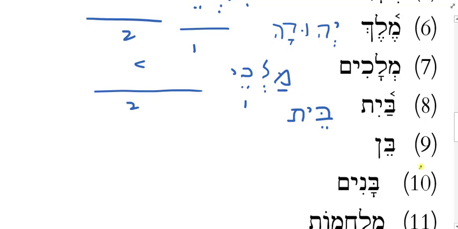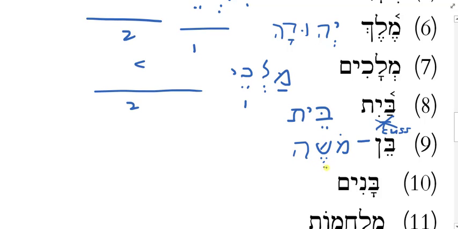Okay, what about Ben? What does Ben mean? Son. And how do I turn Ben into the construct form in the singular? Is there an ending to change? Nope. Will the stress change? Yes, that's right. Is it open or closed? It's closed. So before I make this a construct form, it's closed, but it's tonic, isn't it? Put it in the construct, and it'll be closed, but no longer tonic, which makes it a cut-off syllable, right? And in fact, what else do I usually put with Ben to make it construct? I'm going to put Maqqef. So Ben, let's say the son of Moses.